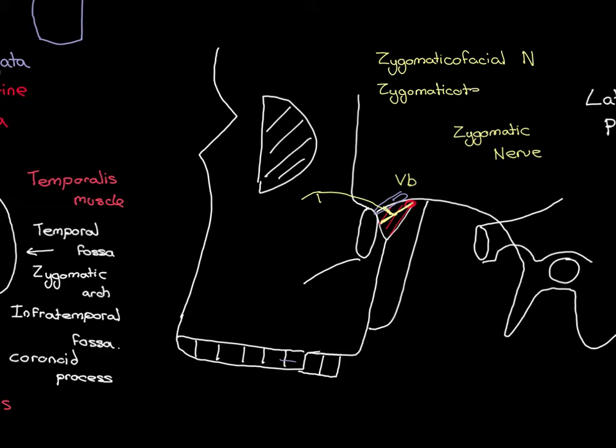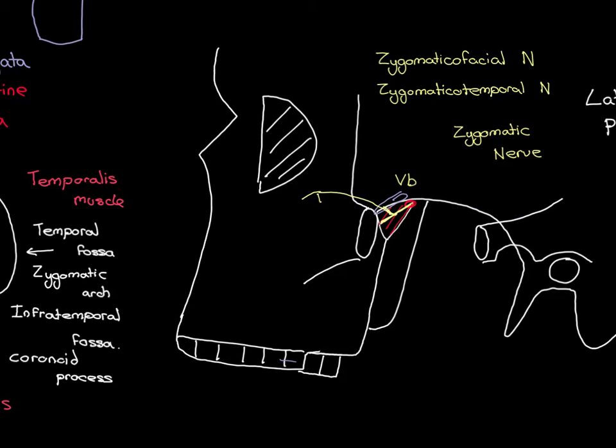And these are going to enter little holes in the lateral wall of the orbital cavity, which is the portion of the wall of the orbital cavity that is made up by the zygomatic bone. Remember, this is the zygomatic bone here. It makes up part of the wall of the orbital cavity, this lateral inferior wall of the orbital cavity, and it has two little holes for these two nerves to go in, and they're going to come out of this